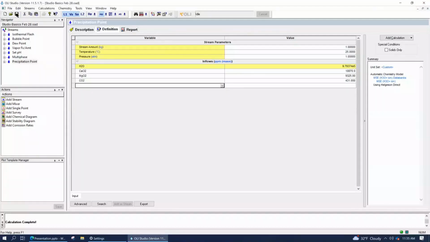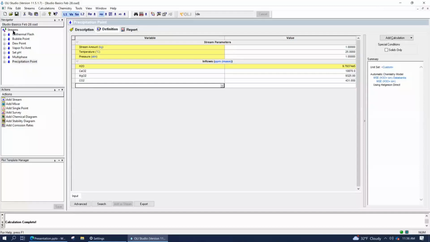And what we're going to do now is start looking at the same type of calculations, but not with single point flashes, with multiple point surveys. The first calculation we're going to do is, in fact, what we just did a second ago. We're going to look at the precipitation of a solid phase as a function of temperature and pressure. We're not going to use calcite this time. We're going to use barite, and the reason is because it's a well-behaved salt.